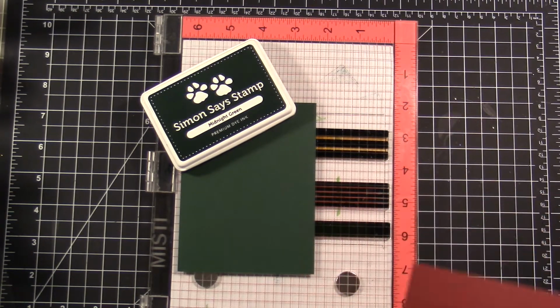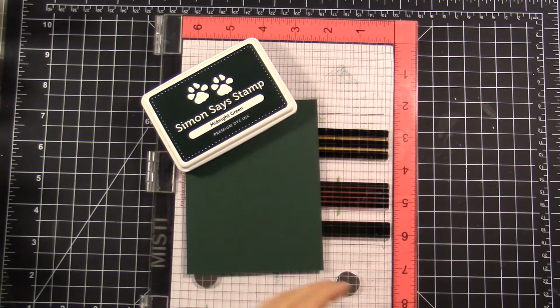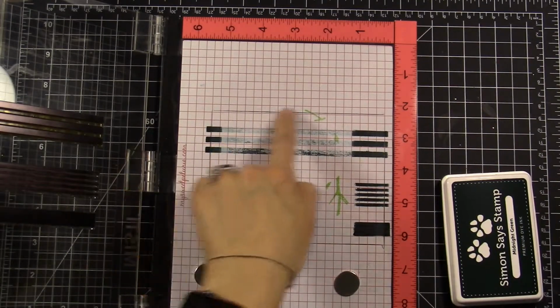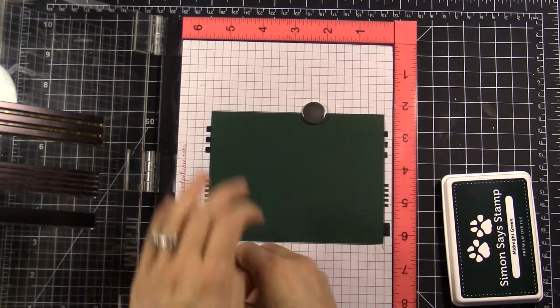I really focus on the card base and make sure that's sturdy, and the paper on top, since I'm doing something very basic this year, does not have to be a super high quality cardstock. I'm actually using a paper pack that you can find at your local craft store, and I'm just matching the cardstock with colors that I have in my stash. I'm using Simon Says Stamp Midnight Green, and then I'm also using Lawn Fawn Cranberry ink, which matches the red